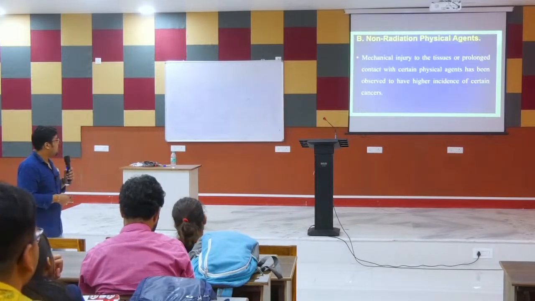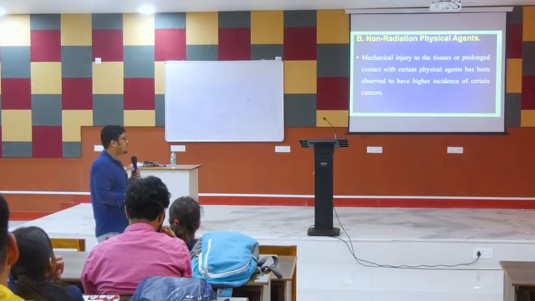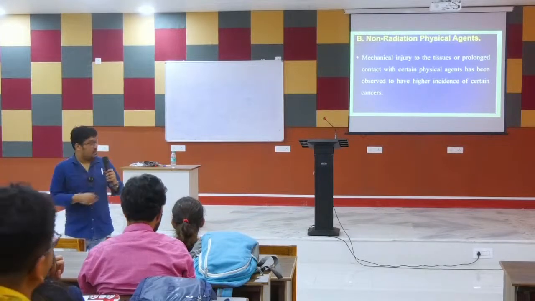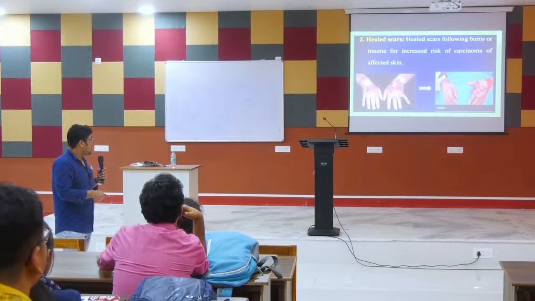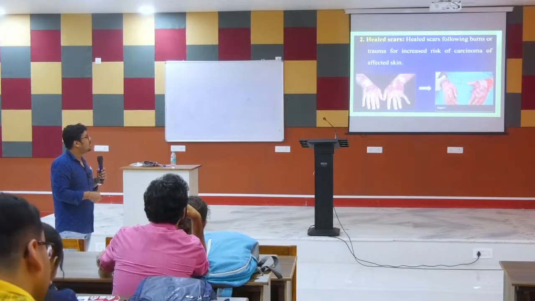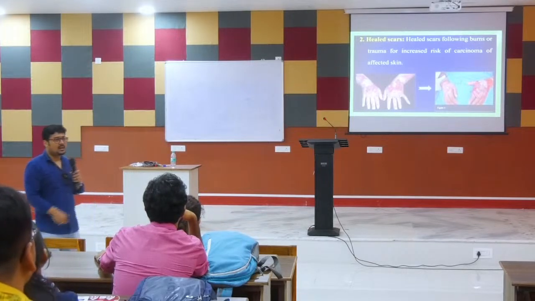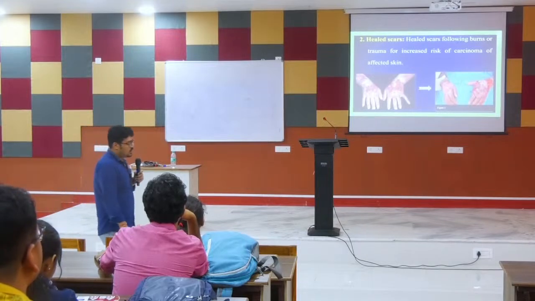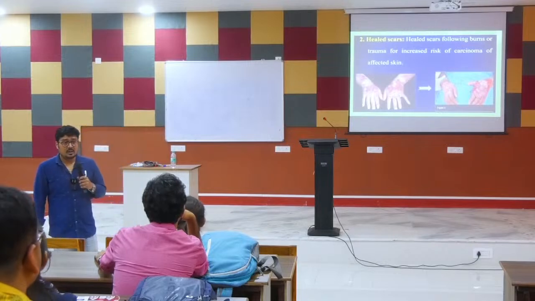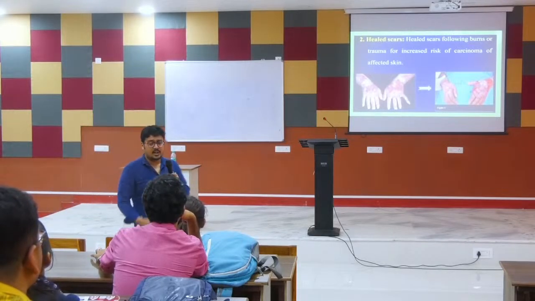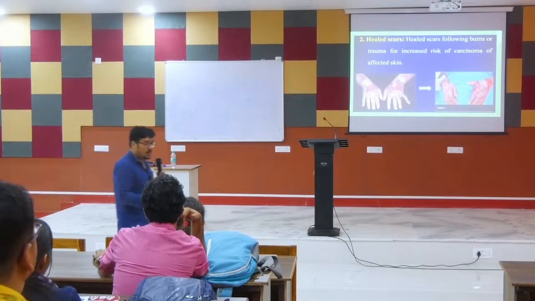These are the factors. Non-radiation physical agents: mechanical injury to the tissue, or prolonged contact with certain physical agents like in Kangri cancer. There is no picture here. Kangri, a long standing ulcer of the hand or extremity, may subsequently give rise to squamous cell carcinoma. Kangri cancer is a type of cancer commonly seen in the region of, anybody? Kashmir, very good, Kashmir. Kangri is a device of burning chula or burning coal, and the people of Kashmir